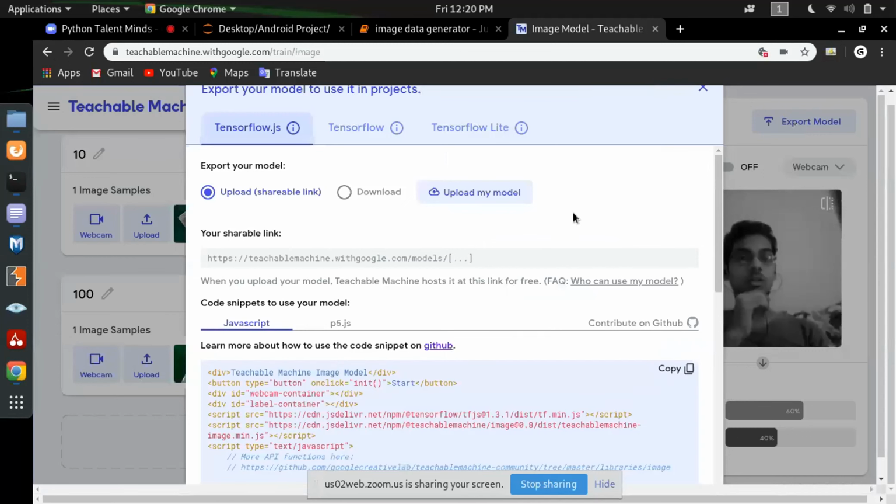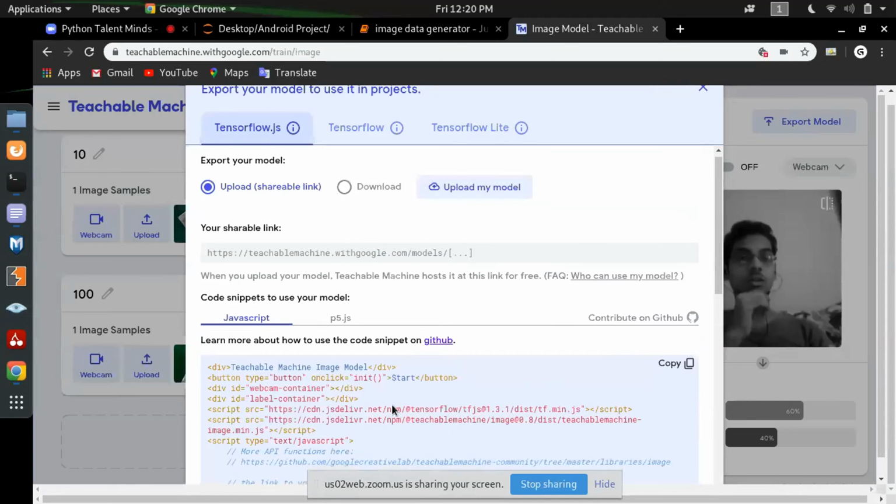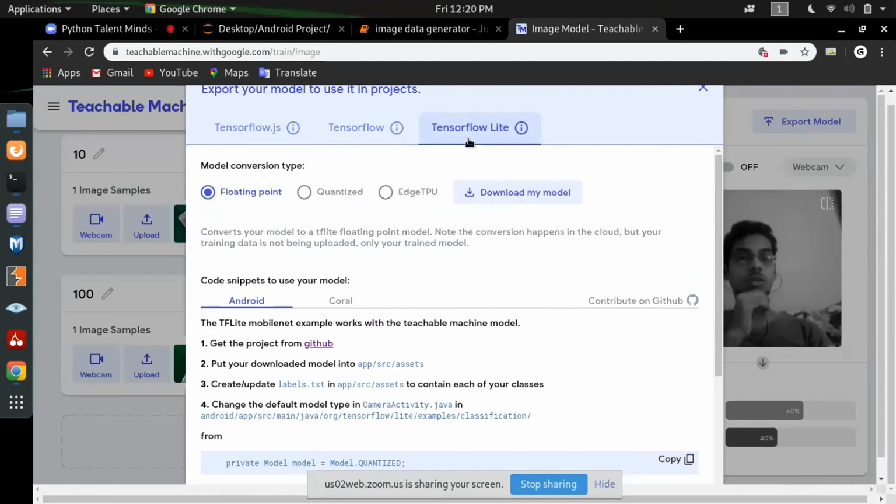After clicking on the export model, the code will be like this. We can save it as a .js, TensorFlow, or TensorFlow Lite model. And I want to talk about Android. In Android we can run TensorFlow Lite models very easily, and we can also easily integrate them. So I chose the TensorFlow Lite model, and I have already downloaded the model. I'll show you later, and for now I'm showing you how to download this.